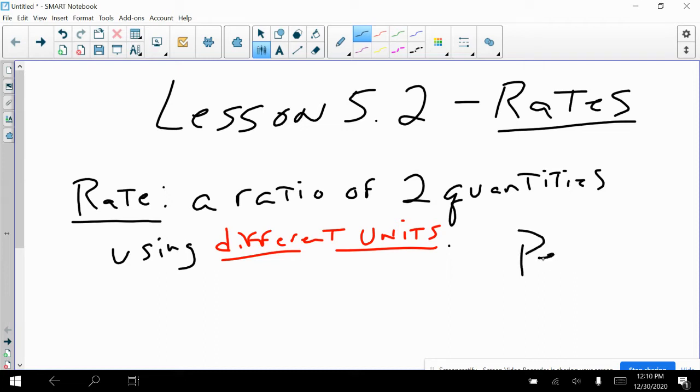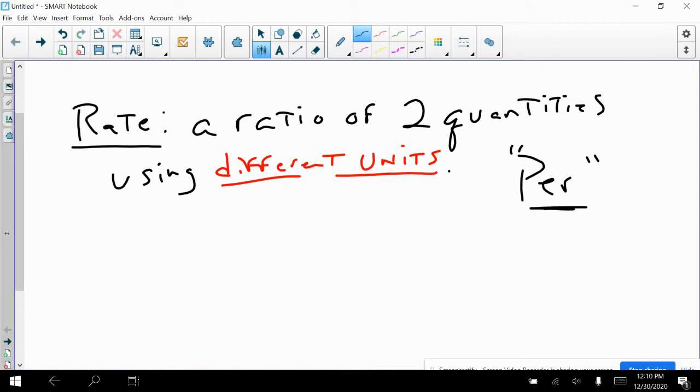So like miles per gallon, that is a rate. It has two different units. It has miles and gallons. And we're comparing them with the word per. So, for example,